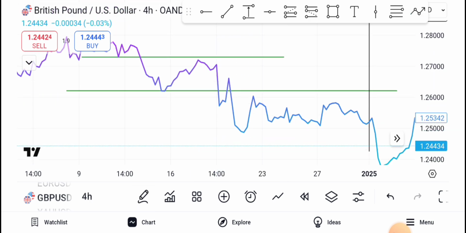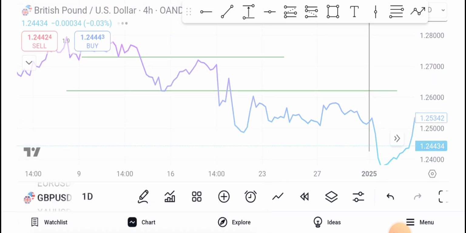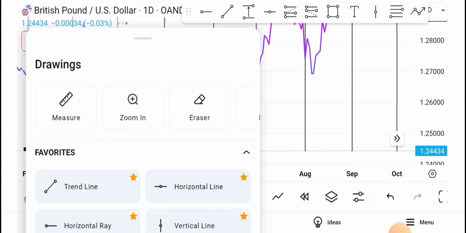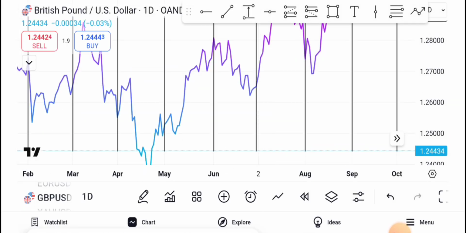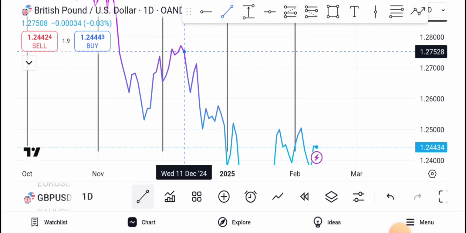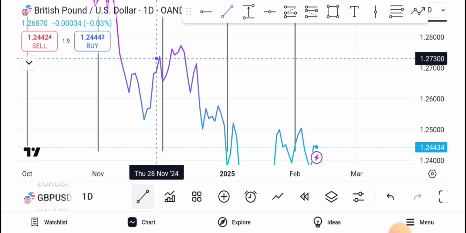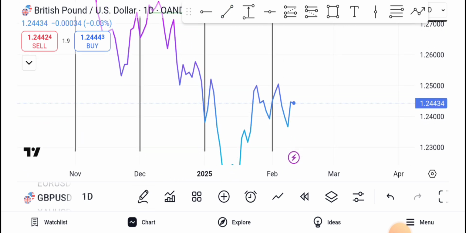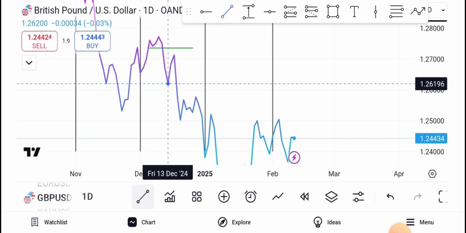As simple as that. Let me go back to the bigger picture. Let me delete everything. So this would have been it. Guess where the daily curve is. So something like this. Break, retest, sell, break,